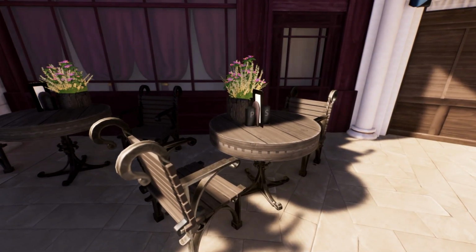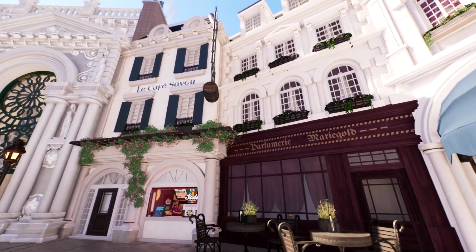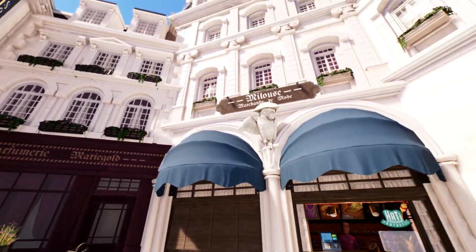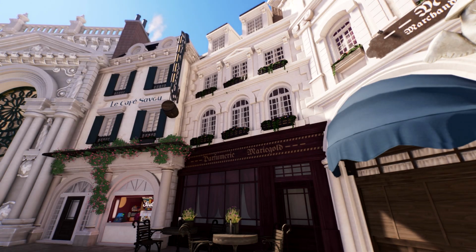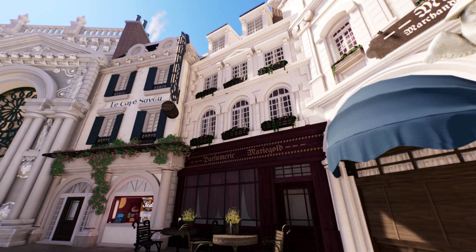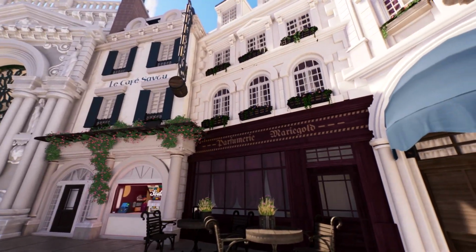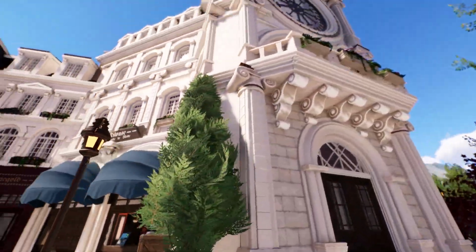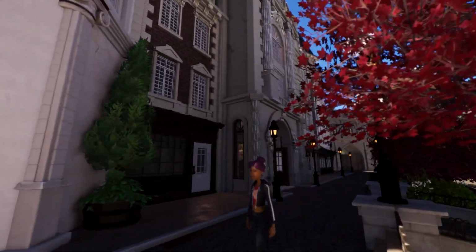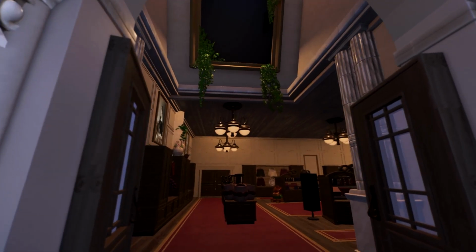I couldn't get rid of the chairs, and especially not the salt and pepper shakers. It was one of the first things that I built, and I really liked them. But I want more of these like signs of like shops. All of these names I literally pulled out of my ass. It's like, does it sound slightly French? Then it works. Marigold doesn't sound that French though. But anyways, more facades, gift shop. This shop needs a name, but I don't know what. More jank, because